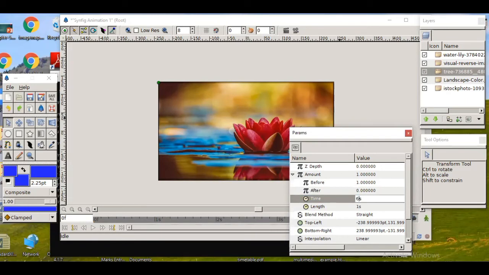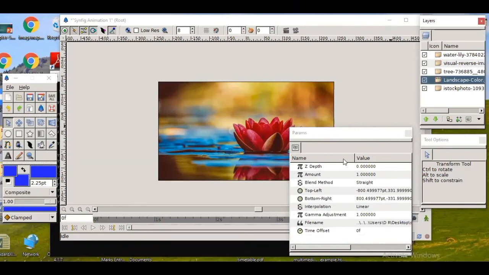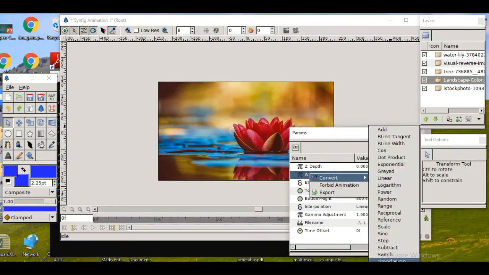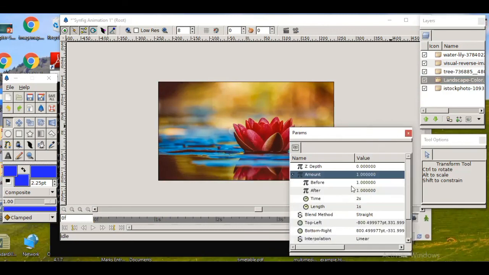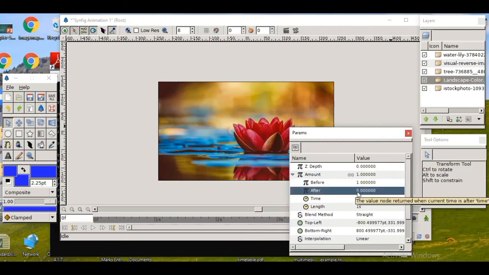That is for the 5th and 6th second, this will become visible. Then the fourth layer, amount, right click, convert, time swap, and from here before 1, after 0. When we set it after 0, then only it will disappear from the screen.